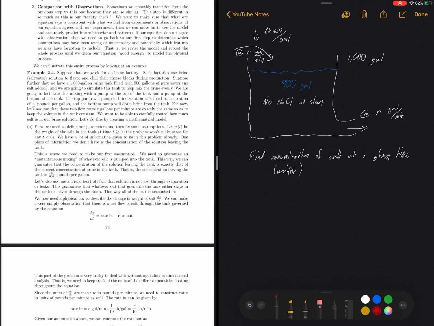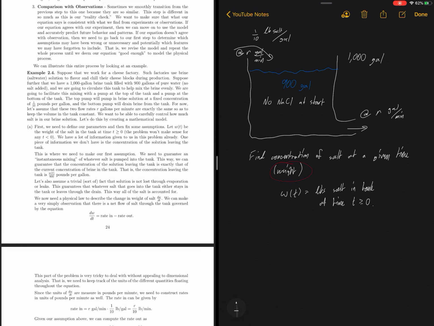And to figure out the concentration, you would have to know how much weight of salt there is anyway. So let's try to find an expression for how much salt we have in pounds, since we already have pounds up here as a measurement. Let's call that W of t. So this will be pounds of salt in the tank